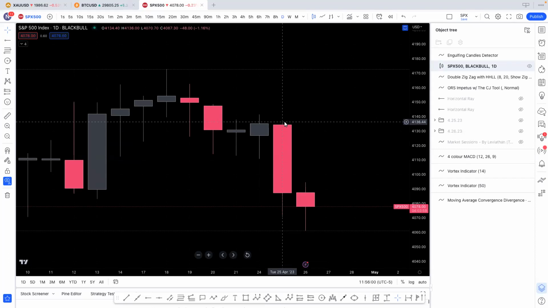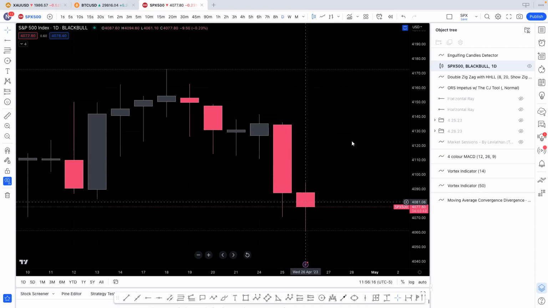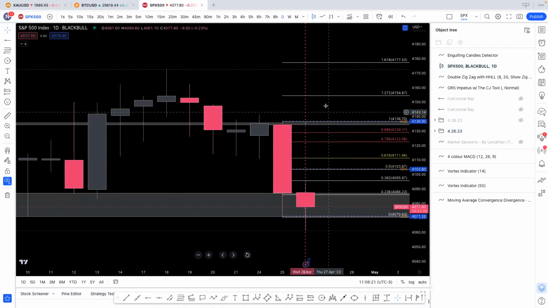So I've already pre-loaded this up. So of course, here is today's candle. However, I'm going to look at yesterday's candle to determine today's possible activity. And so I'm just going to go ahead and add these on here. So what I've done is I have my